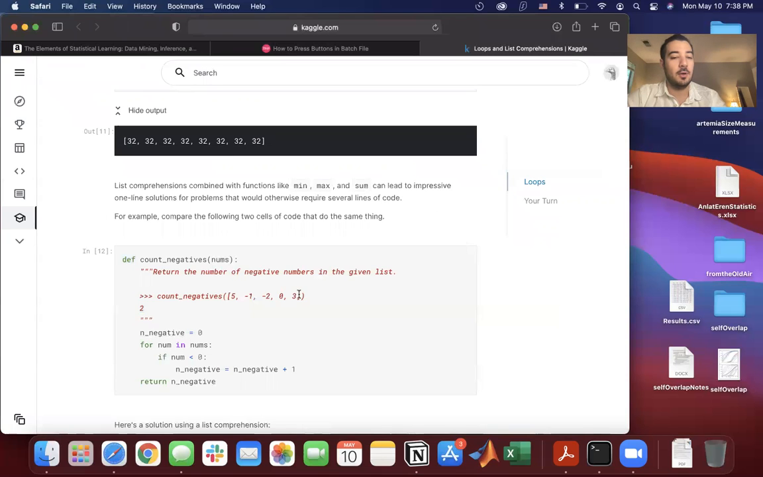And how would I do it? How would I do it? Okay, just using min, max, and sum. Okay. What I would do is